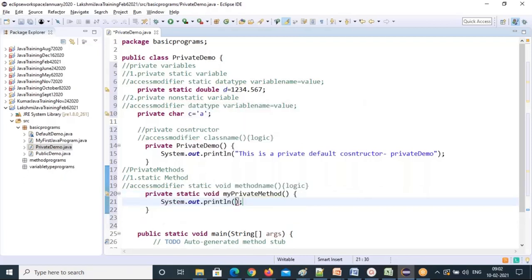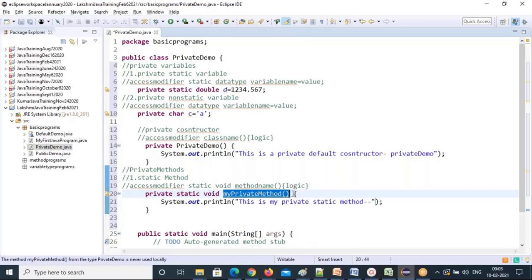First word all lowercase, second word onwards each word's first letter in capital, like this. And just give this is my private static method. The method name I'm giving.